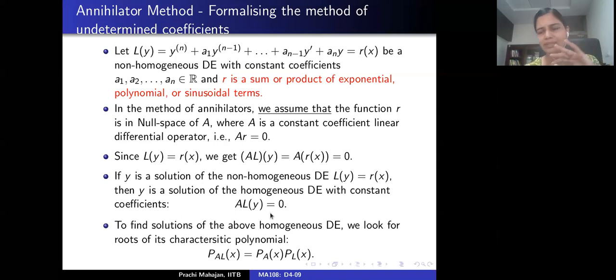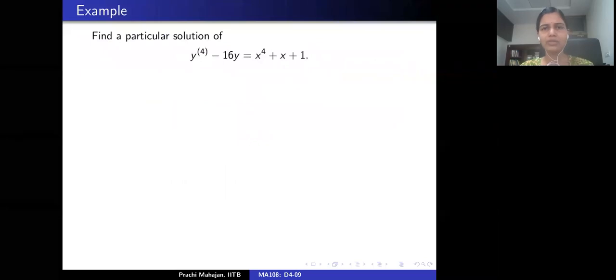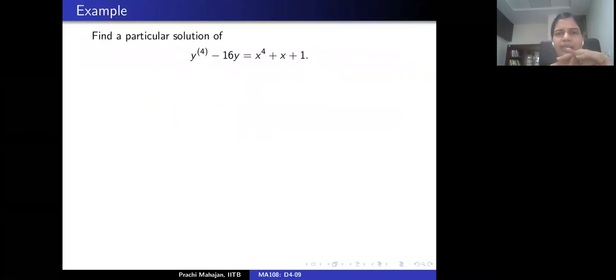Yeah. So let me run through an example. I think some of your questions might be answered. So let's look at this. Over here I have a polynomial on the right, and I'm going to apply the method that we just discussed, the annihilator method, which is a formal approach to the method of undetermined coefficients to find a particular solution.